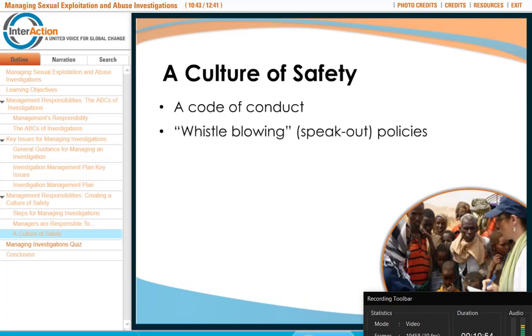Whistleblowing or speak out policies. Develop and implement policies obliging staff to raise concerns about other staff and protecting staff who make such allegations in good faith. Clear investigation procedures. Complaints of sexual abuse and exploitation may come up in ways that may not be immediately obvious. In some cases, a staff member might be investigated under another procedure, for example, misuse of office assets, and during this process, evidence of sexual abuse and/or exploitation comes to light.